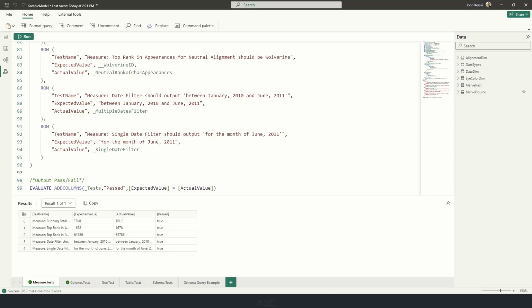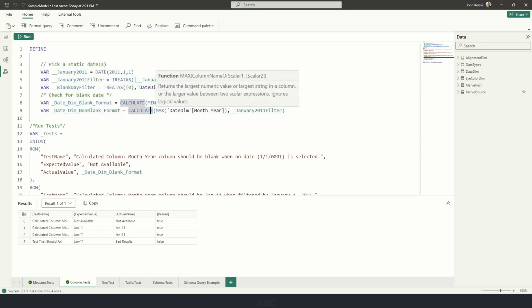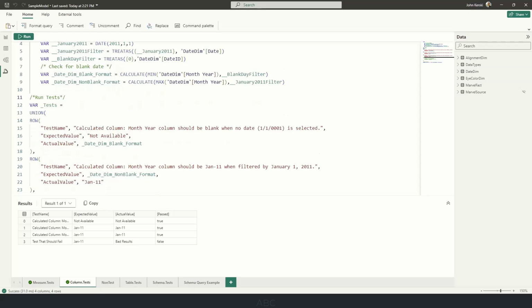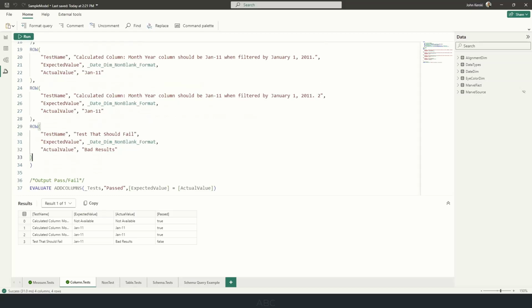All right, so let's take a look at another example here, the column.tests tab here. And we're looking at certain calculated columns and columns in the model, and we want to make sure they're meeting certain expectations, whether that they're in a min or max, or they're in a certain range, or they're returning a value under certain conditions. And when I apply those 3 tests, I'm going to uncomment one that I know is going to end in a failure, but I want to show you what it looks like when there's a failure that occurs, so that when I run this,